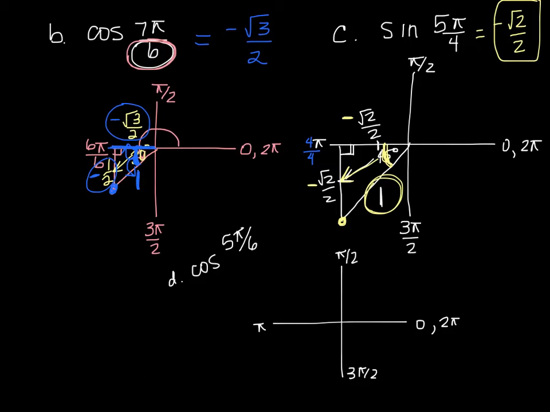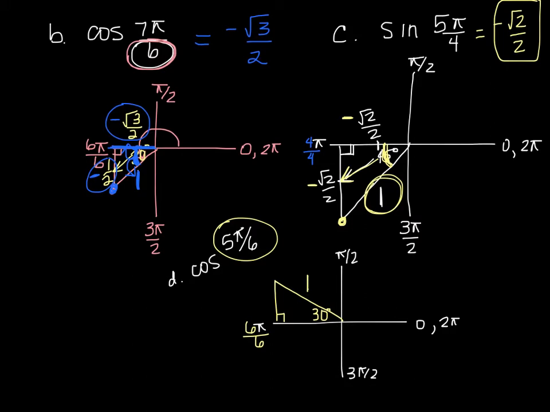So cosine of 5 pi over 6. If I think of pi again in terms of one whole, pi is 6 over 6, just so I can compare the denominators or compare these fractions. I'm looking for 5 pi over 6. Well, that is 1 pi over 6 short of getting to that whole pi, or a 30-degree reference angle short of getting all the way to pi. And then I label it accordingly.